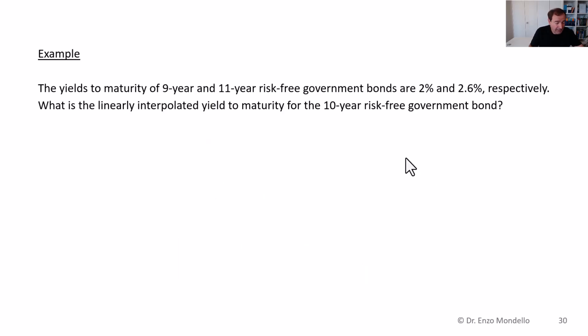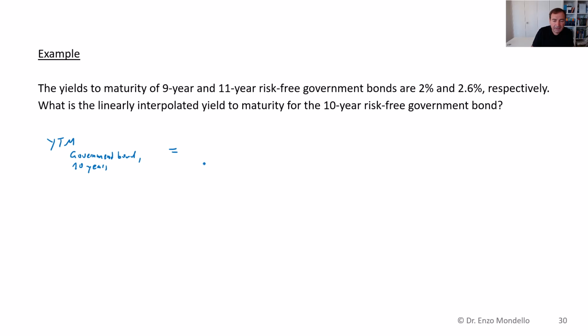Let's apply now this equation with the following example. The yields to maturity of 9-year and 11-year risk-free government bonds are 2% and 2.6% respectively. What is now the linearly interpolated yield to maturity for the 10-year risk-free government bond? So we can now apply the equation that we have discussed before. So to calculate the yield to maturity of the government bond with a maturity of 10 years,